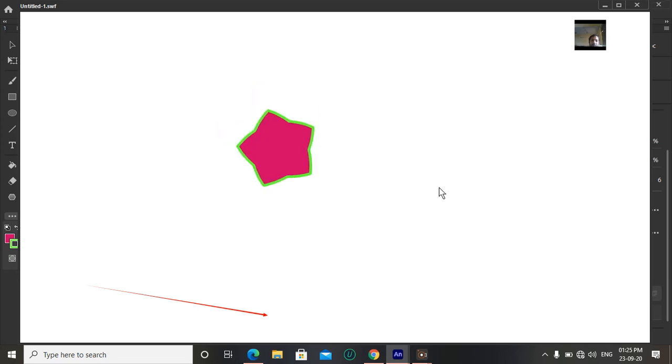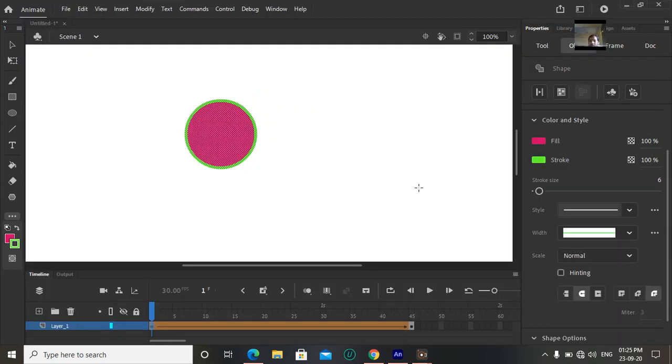We have learned that Shape Tween is used to transform one object into another object. See here, our object is the circle, and after that the circle becomes a star. Now we are going to stop this. I think you already know how we can convert one object into another object with the help of Shape Tween.